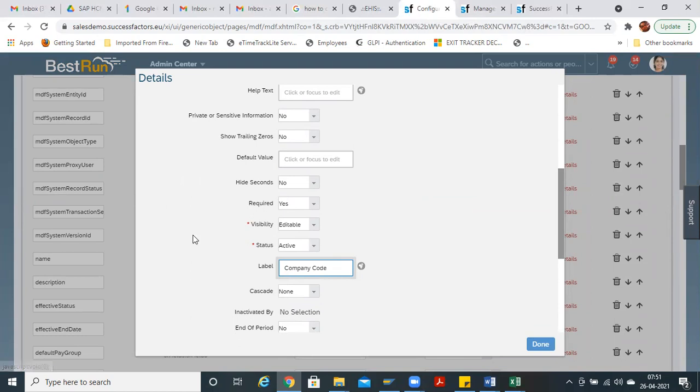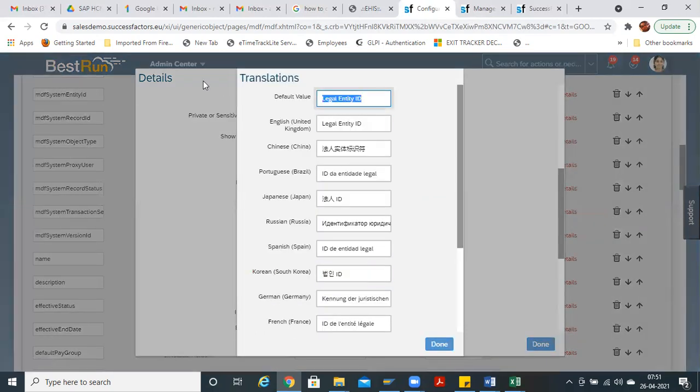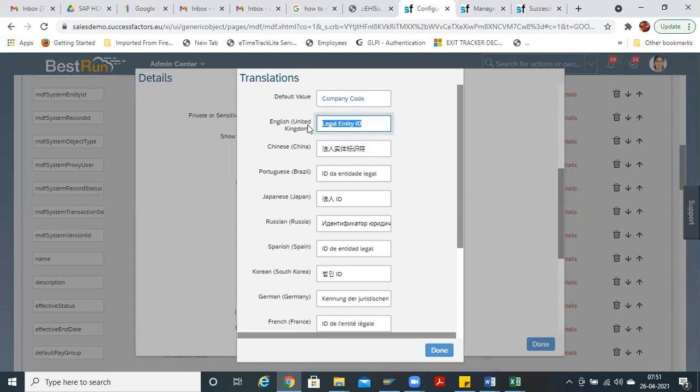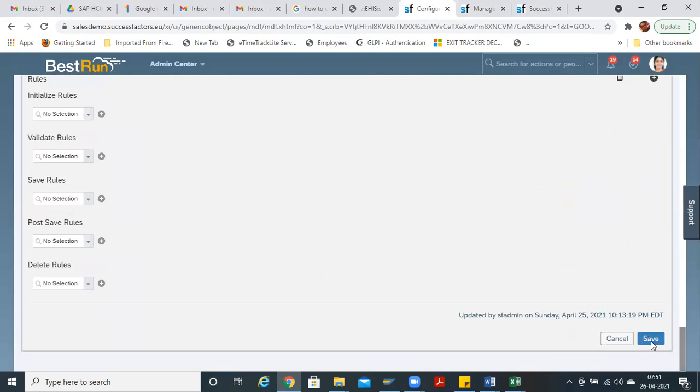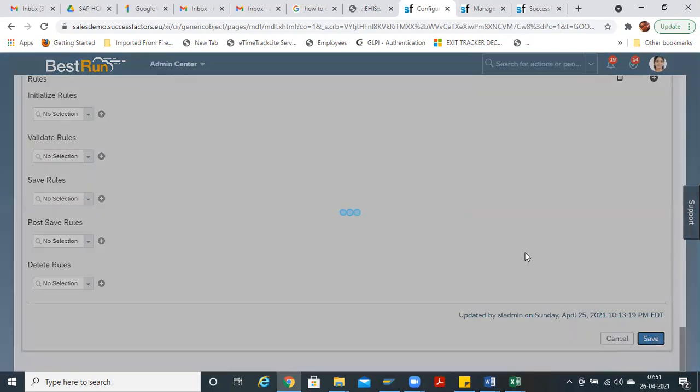And make sure that you are also changing it in the translatable icon. Just click here, write company code, done, then save it.